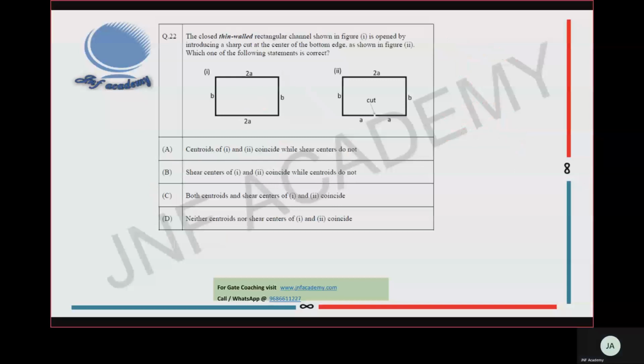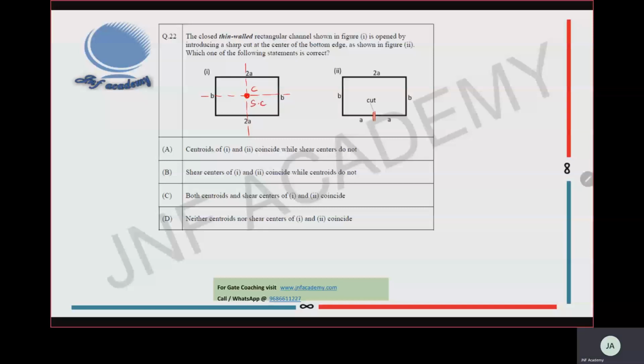Yeah. The closed thin-walled rectangular channel section shown in figure is opened by introducing a sharp cut at the center of the bottom edge. So they gave you two diagrams. First diagram is completely closed. Okay. In our second diagram, they made a small cut over here. So in the first diagram, which is symmetrical about y-axis as well as x-axis, whenever a given section is symmetrical about x-axis as well as y-axis, this is the centroid. The centroid will coincide with the